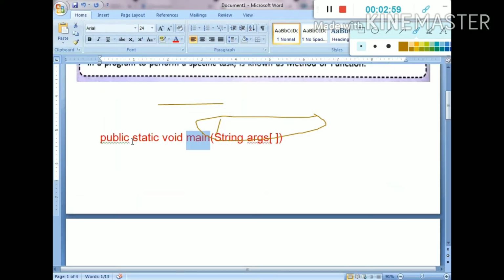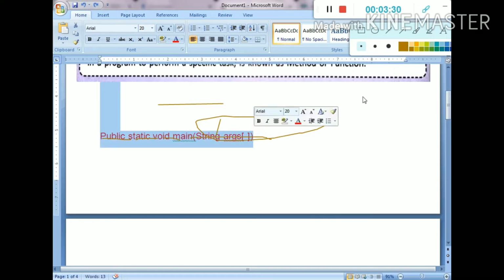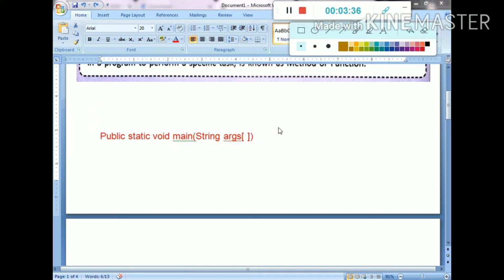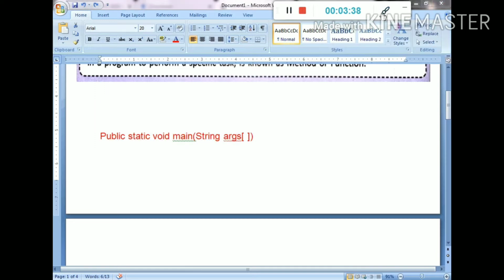In this other part, public is the access specifier, static is a normal keyword, void is used for no return type, main is the function name, and String args are the arguments. That is the definition.